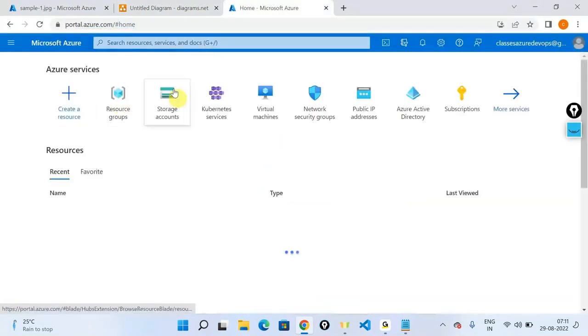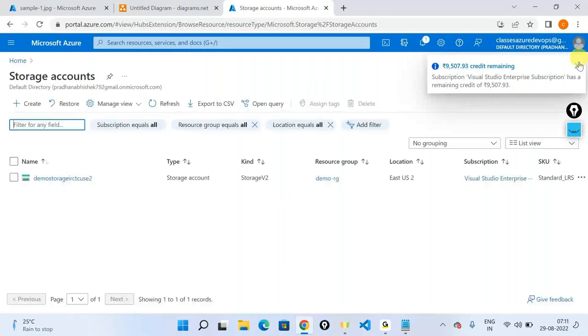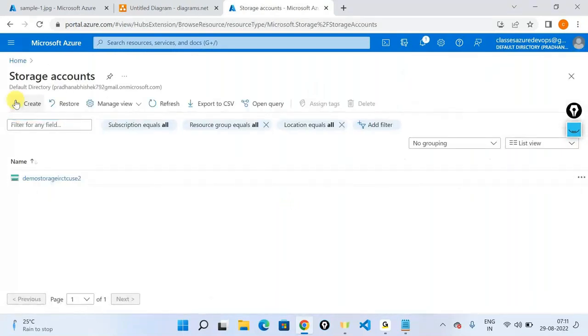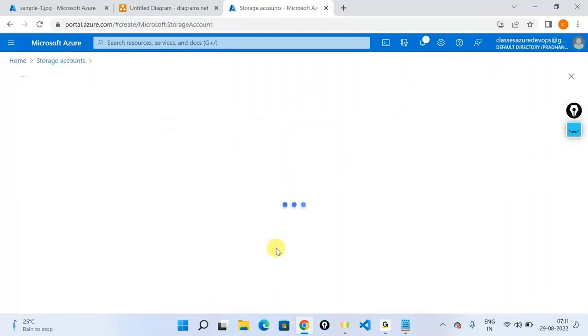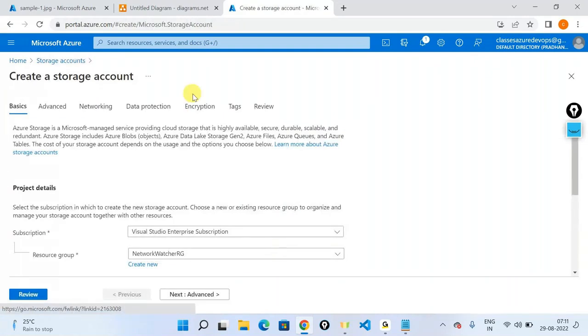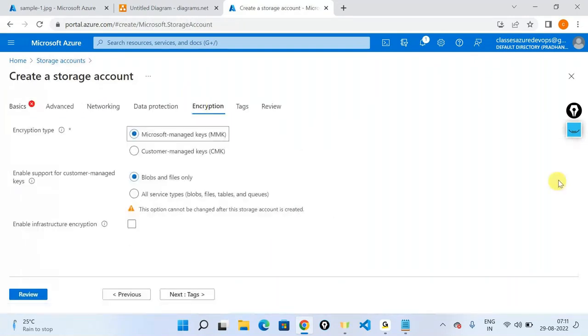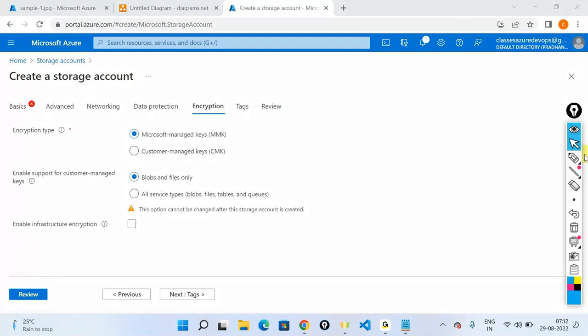And let's come here and hit the create button. I'm not doing any creation, but if you look at this one, there is something called encryption. And in here, there is something called MM keys, Microsoft managed keys, and there's something called customer managed keys, in case you have keys and all these things out here. Now, what really happens out here is this: